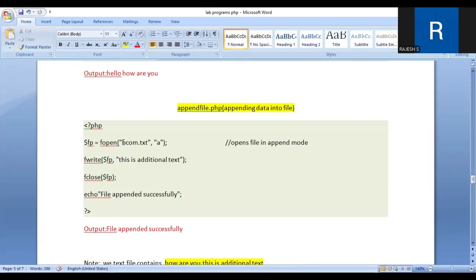And inside the fopen function, we write the file name. And this mode is A, nothing but append mode. Now we have to write extra content in the file. So to write the content in the file, again we use the function fwrite, and inside the fwrite function, we mention the variable name $fp and the